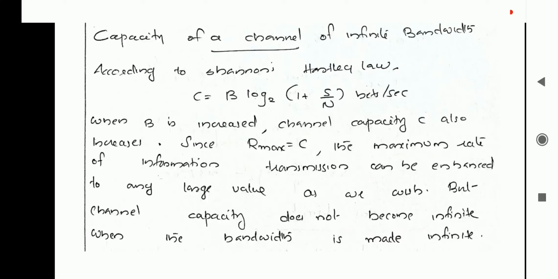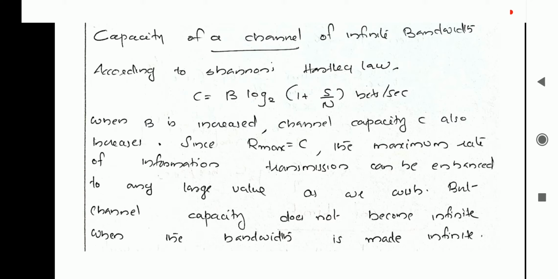Hi all, in this class we can see what is the capacity of a channel of infinite bandwidth. So in the previous class we studied what is Shannon's Hartley theorem. In that we found what is the capacity of a band limited Gaussian channel. So in that we studied that C is equal to B log of 1 plus S by N bits per